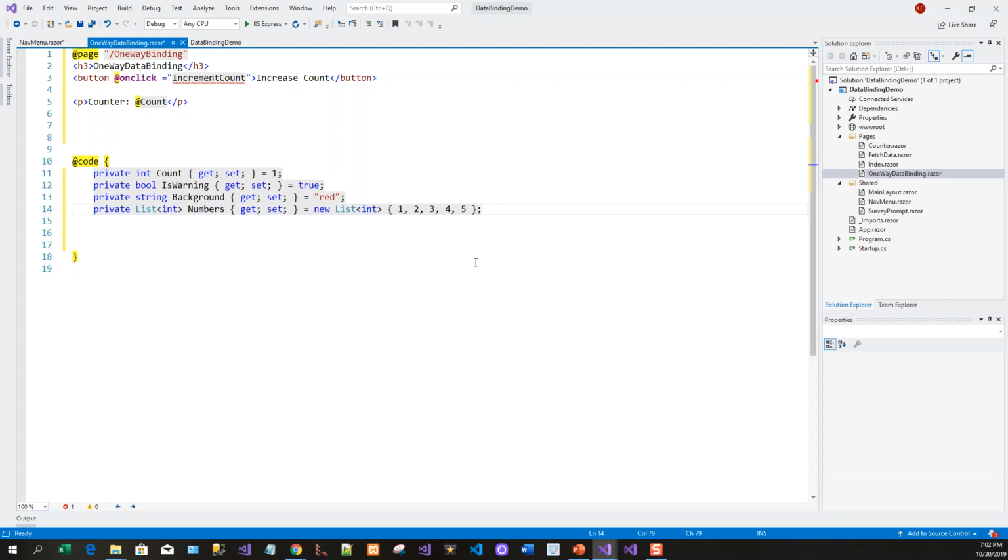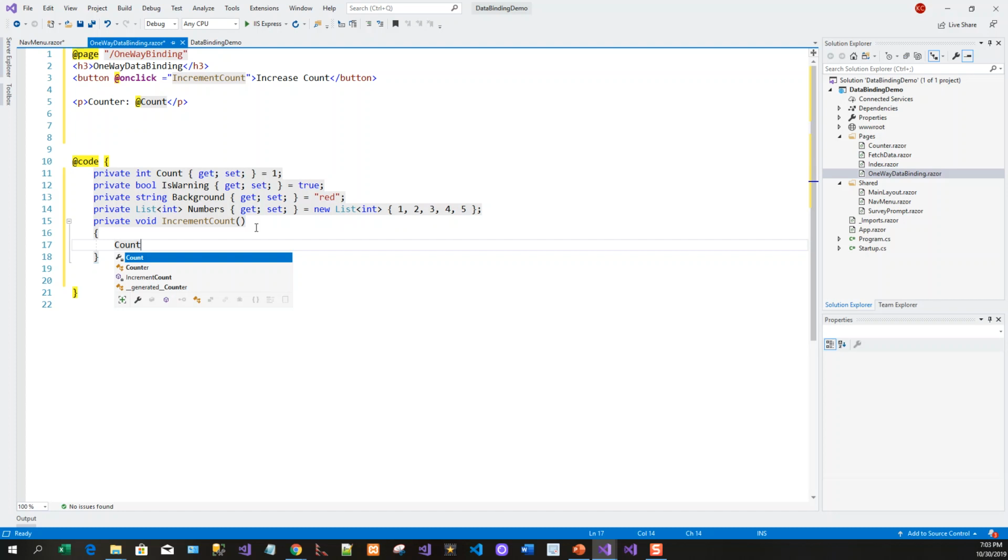But it's as yet not complete. So I'll have to create this IncrementCount method. So I'll create a private void IncrementCount, and what this IncrementCount does is it actually increases the count property, increments,